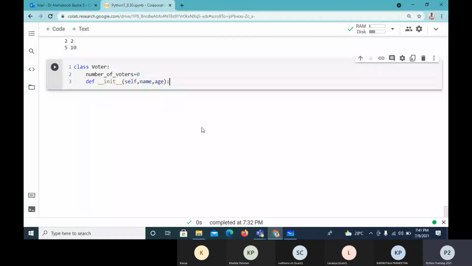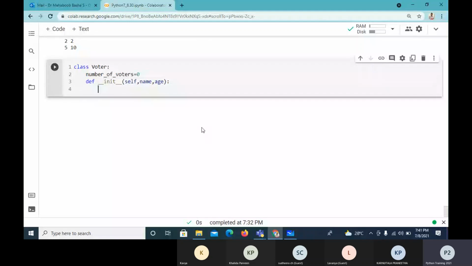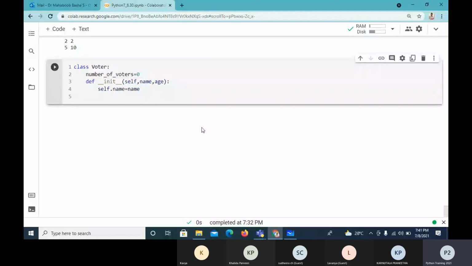I want to make the thing simple, so I'm taking only name and age. So here I'll say self dot name equals name. So name is an instance property. Every voter will have name, every voter will have age. For my class voter, I'm considering only two properties, name and age. So these are the two instance properties.